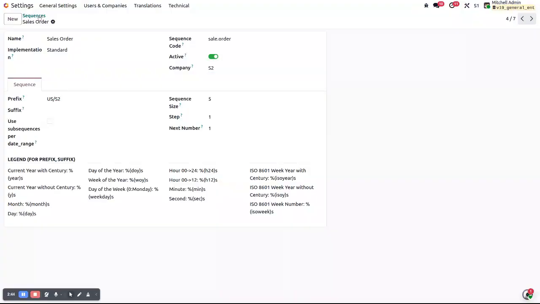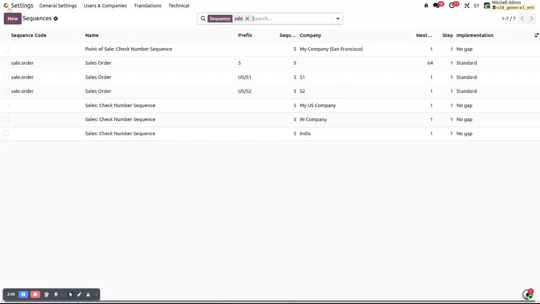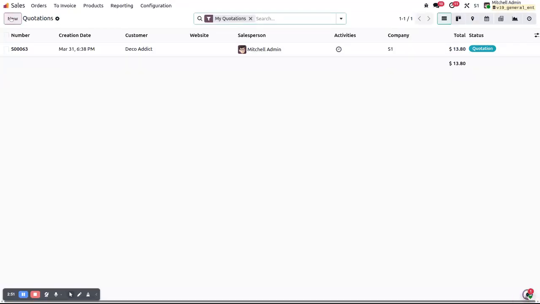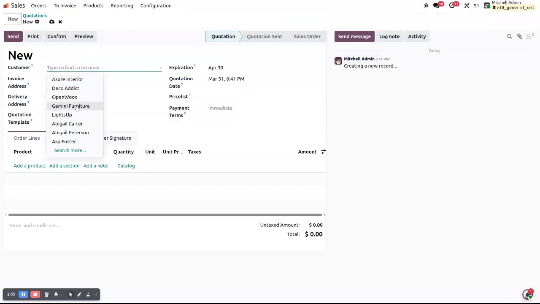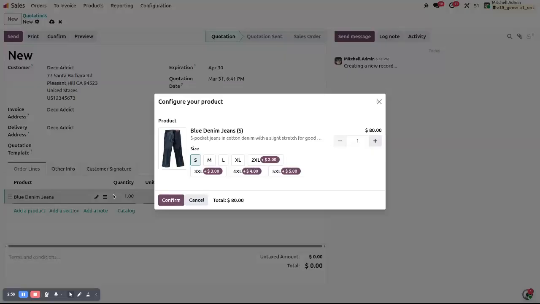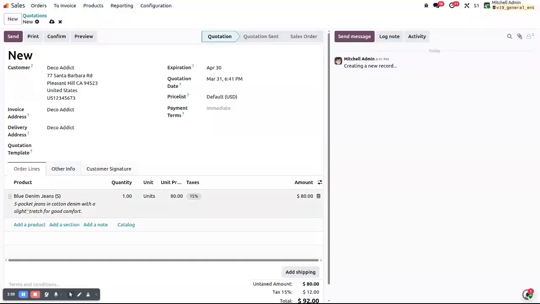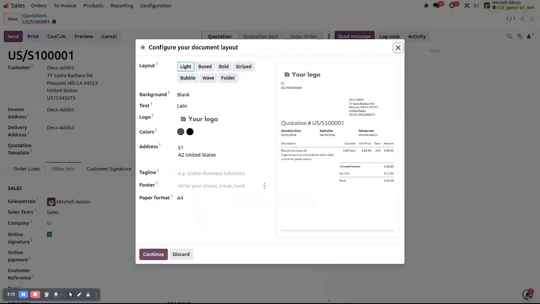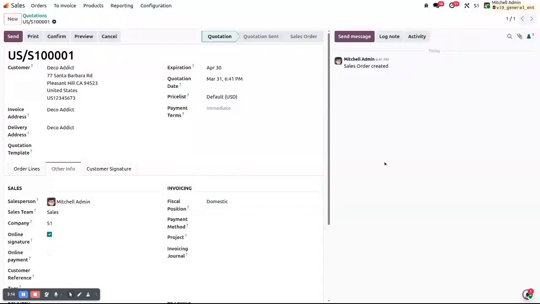So now if I create any order, it will be managed based on the branch. Let's say this is the customer and products, and I have selected S1. Now if I save, you can see US S1001, right? I can send this, and I can also confirm it. So now if I switch to S2,